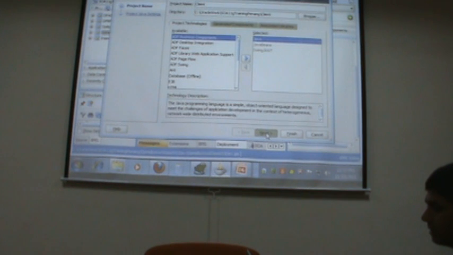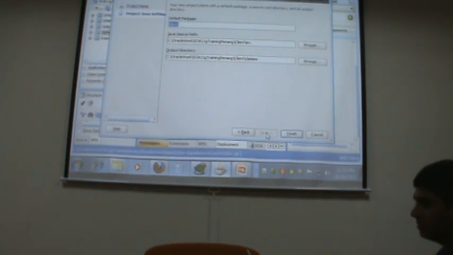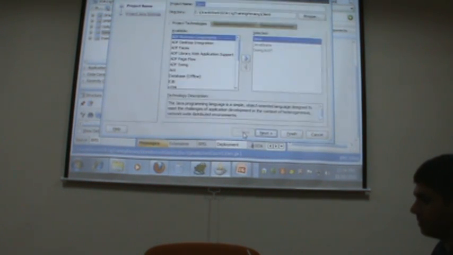Then you do Next, and then give the project name. Give me one second. I forgot to put the name of the project. There you go. Remember one thing when you are playing: put your initials so that, if everybody creates Hello World and deploys it on the server, you're not going to step on each other. So put your initials in front of the project name. That way you know which project you are playing with versus somebody else's. I'm going to put DP, and then JAX-WS, JDeveloper,